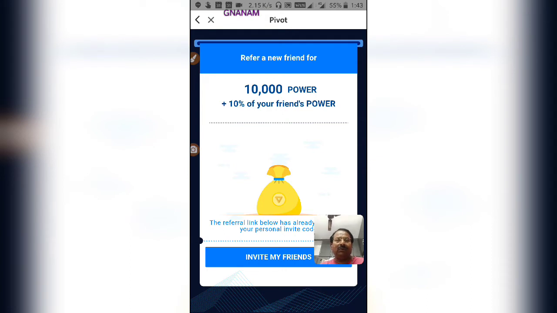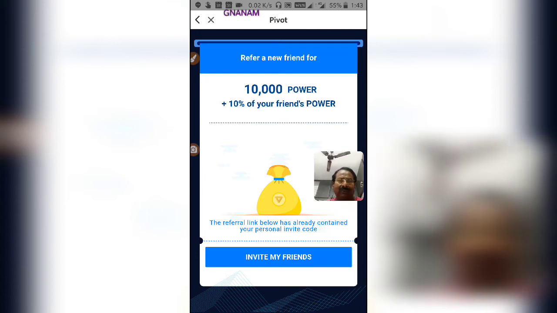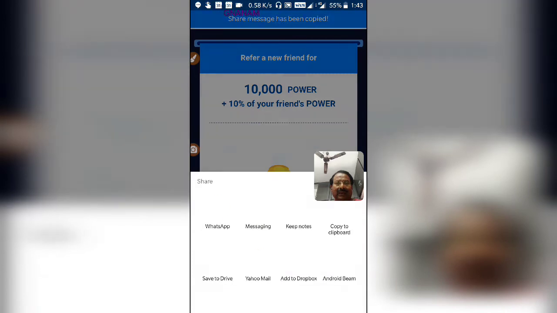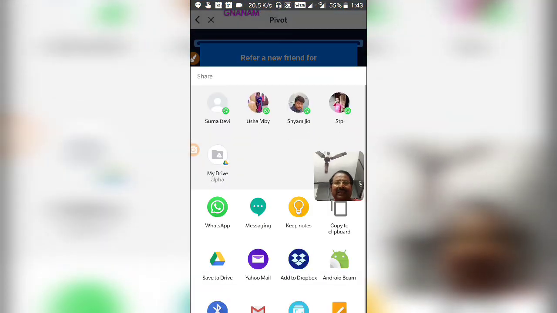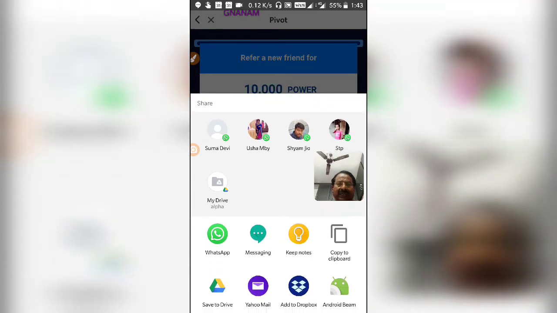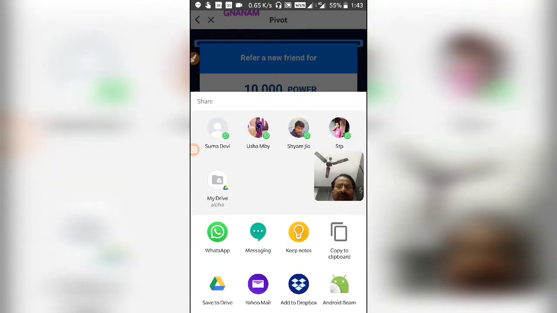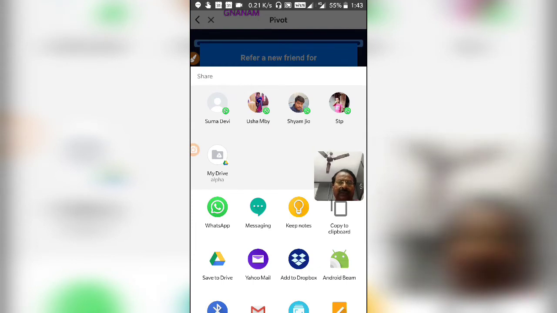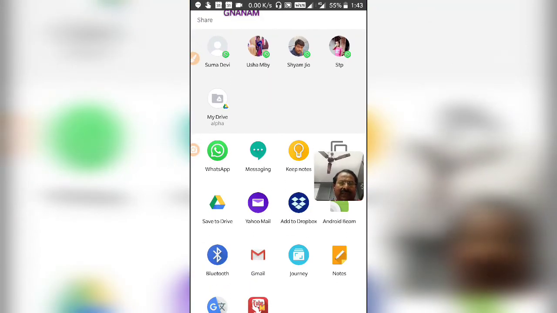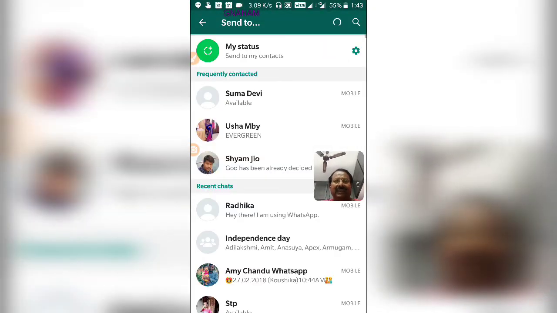For this, you have to click like I have done, and then invite my friends is there. If you click it here, this will give you one referral link, and through any of the programs, WhatsApp, messaging, anything you can select. For the time being, for explaining to you, I will click on WhatsApp.